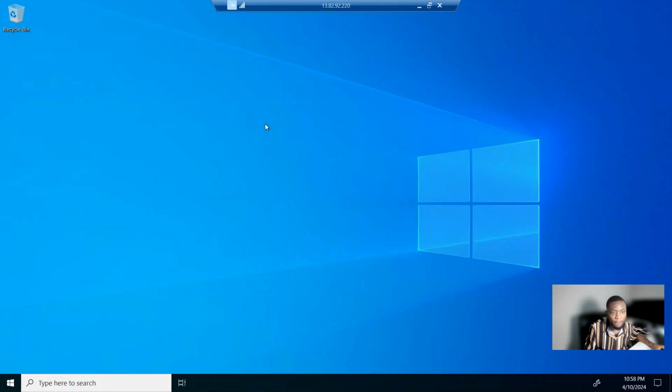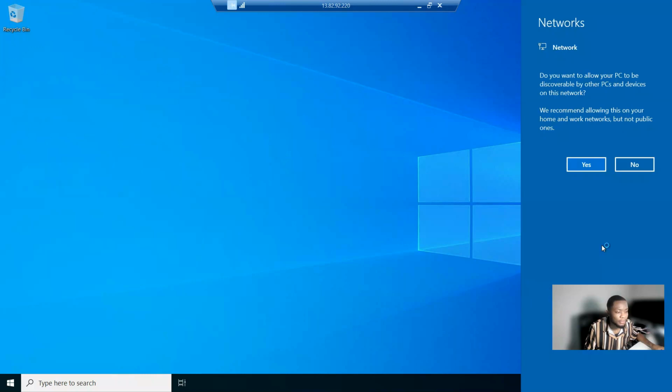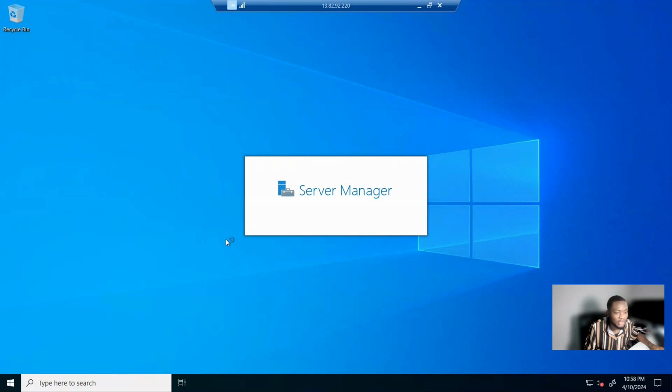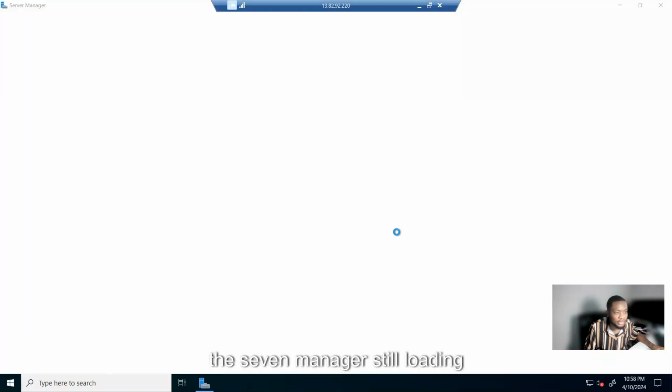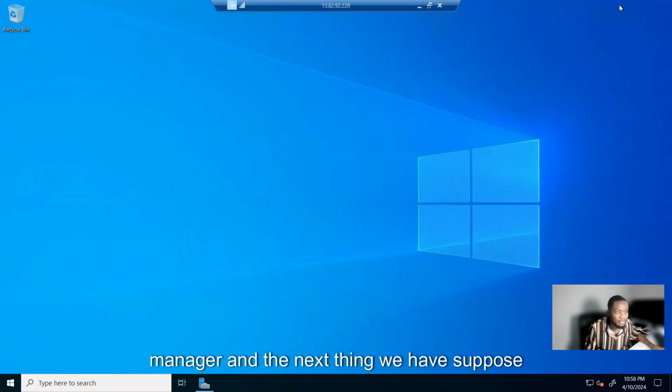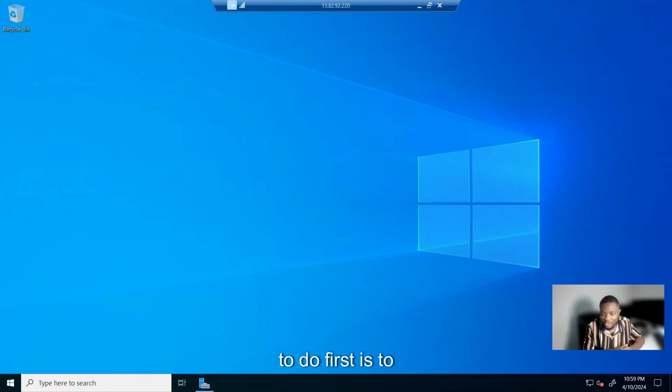So this is our Windows Server 2022 virtual machine. Loading up the profile. Okay, this is the virtual machine. It's still loading. All right, click on yes. For the network, the server manager, still loading. So I can go ahead and minimize the server manager. And the next thing we are supposed to do first is